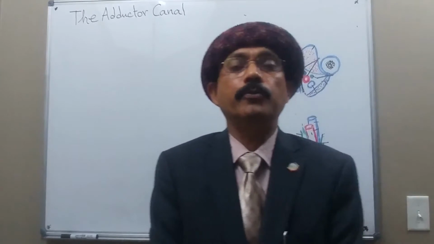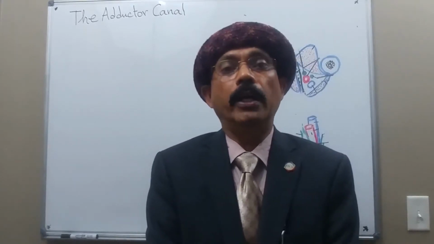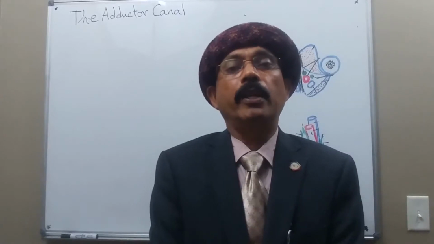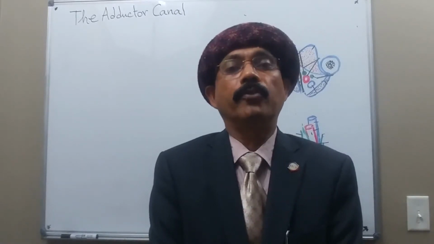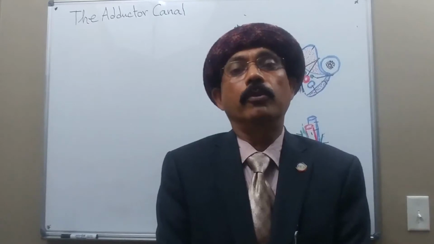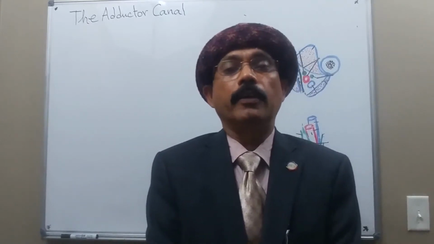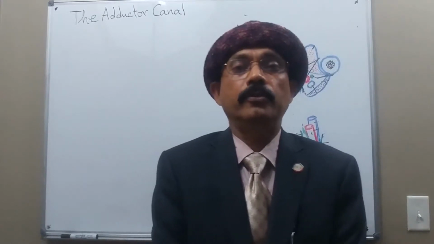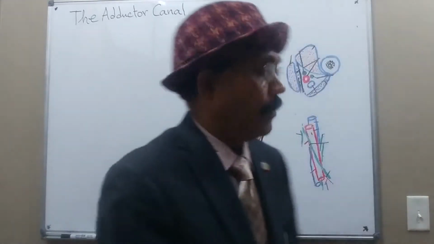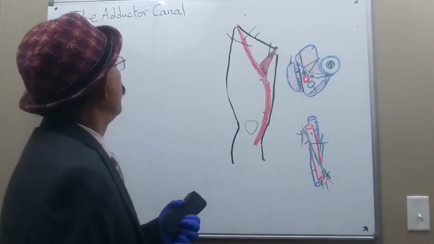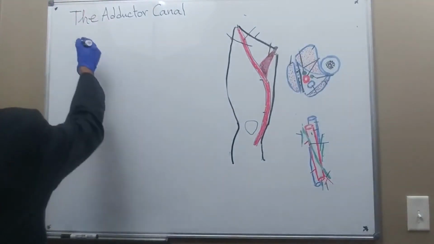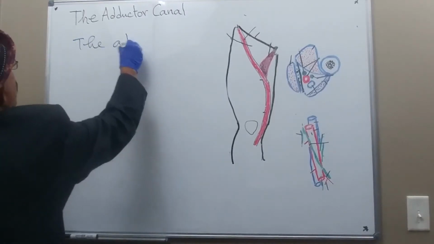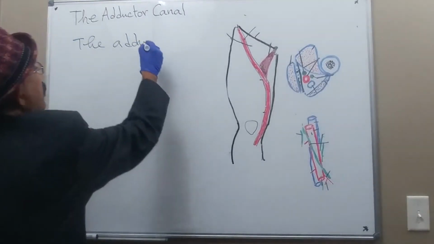Today I will discuss the anatomy of the adductor canal. The adductor canal is also called the subsartorial canal, also called Hunter's canal, after the British anatomist and surgeon Dr. Hunter. So we have to know what the adductor canal is. The adductor canal is an aponeurotic tunnel